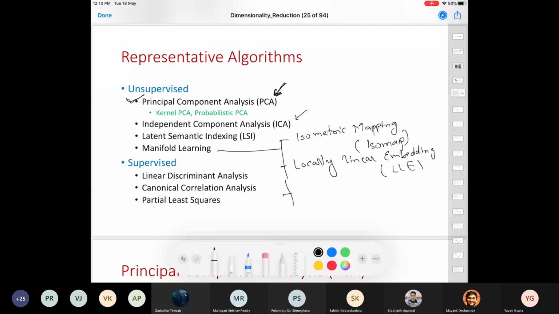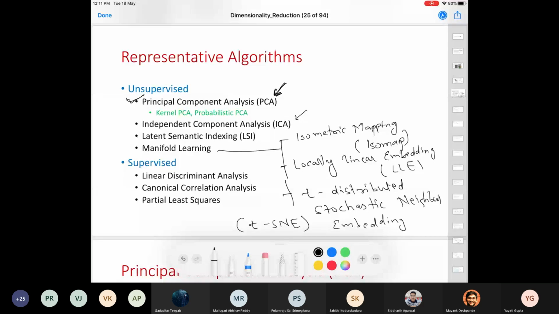And if you ever want to visualize your high dimensional data set, what I would recommend is this one: t-distributed stochastic neighbor embedding. In most of the research papers that you would see, the short form is t-SNE.